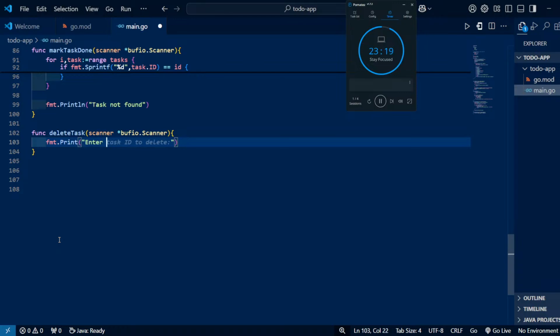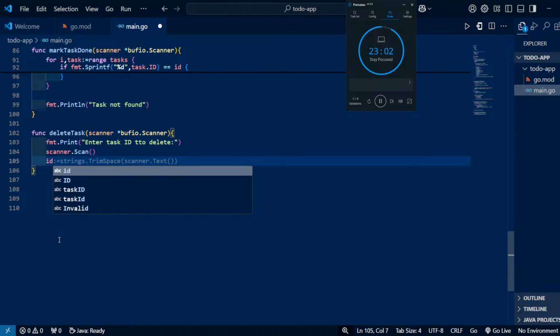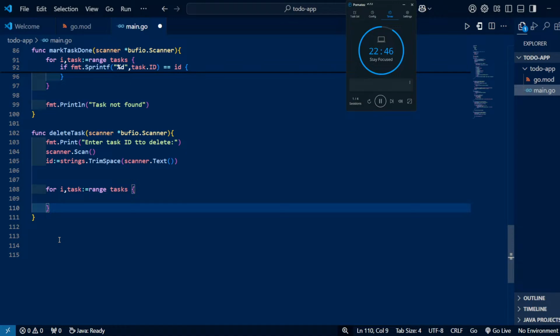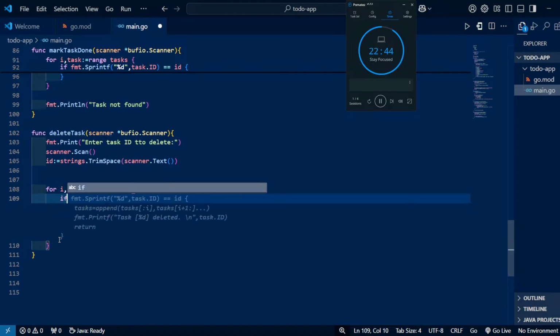Enter task ID to delete. Scanner dot scan. Then afterwards we will simply convert to strings. Okay, now for loop i in range of tasks, and simply